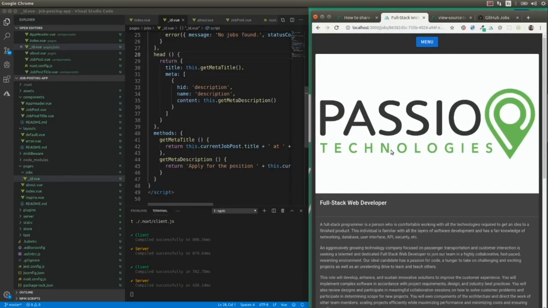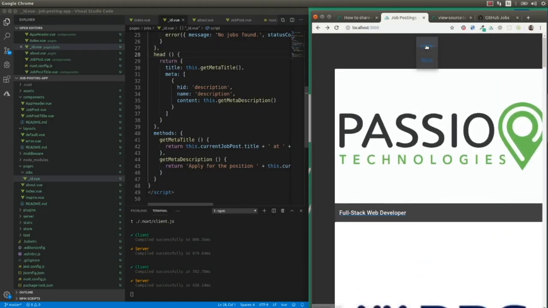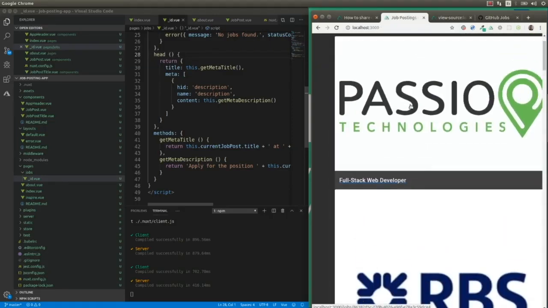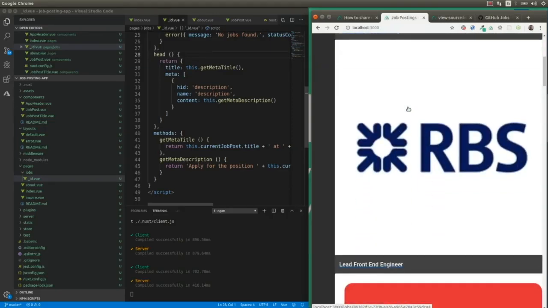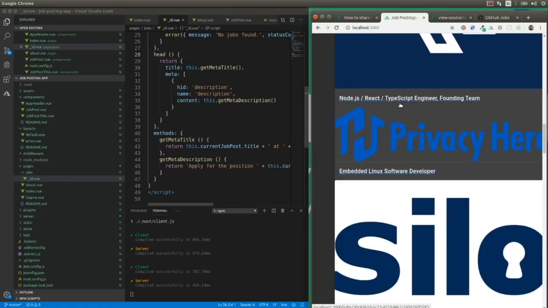And we are also adding the title and the meta description dynamically in this case, and statically here on the index here. And also we added the same title and meta description statically here on the about page. Of course, there is some styling to do for this page, but I think it's good enough for a proof